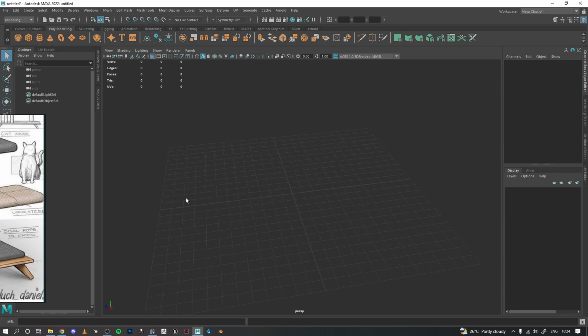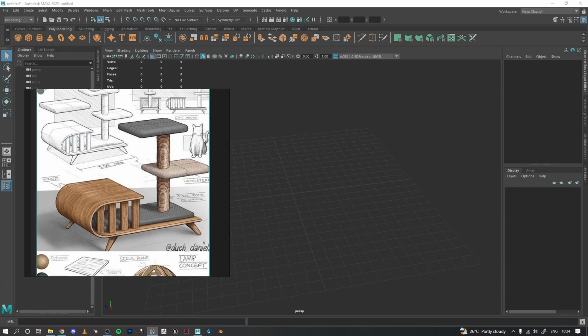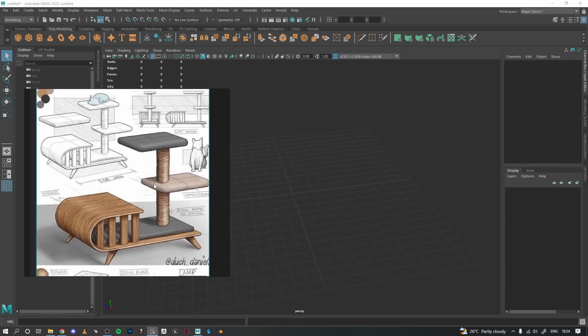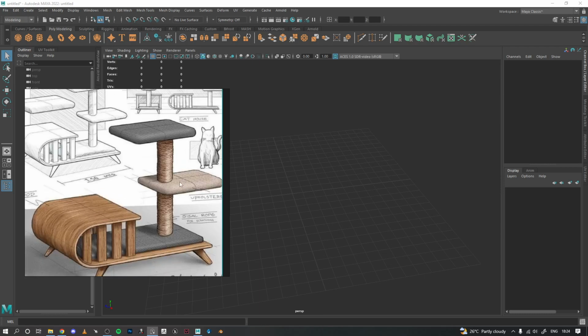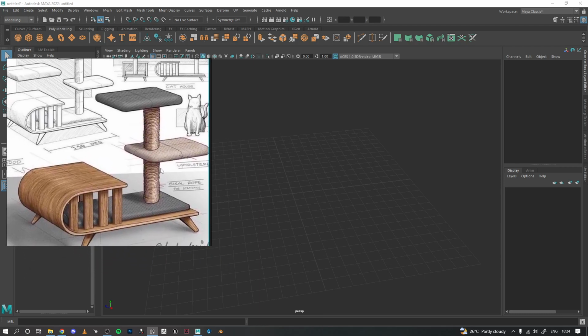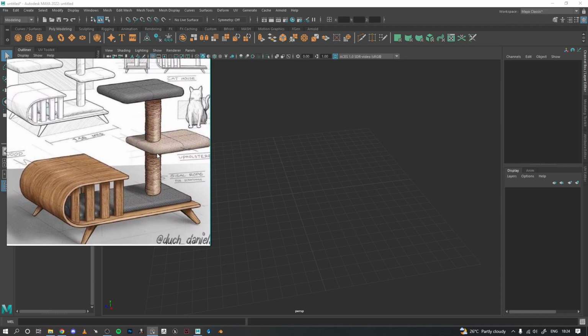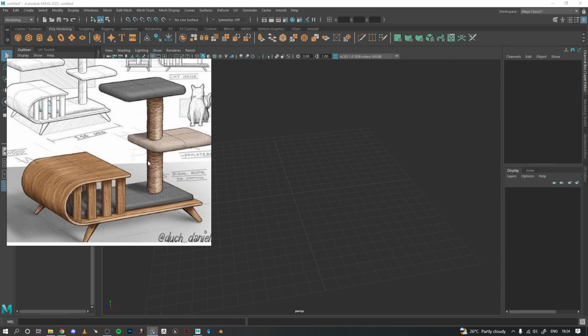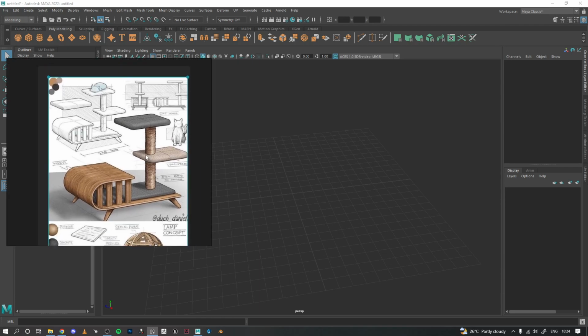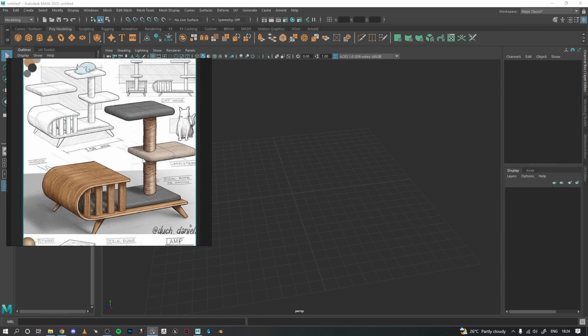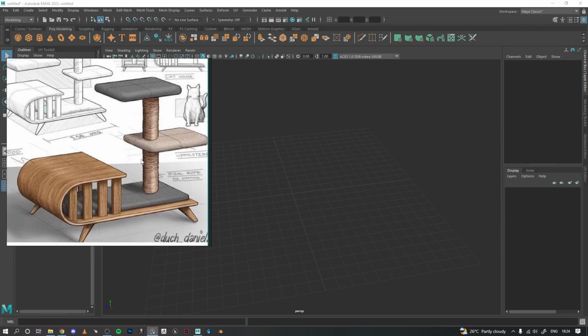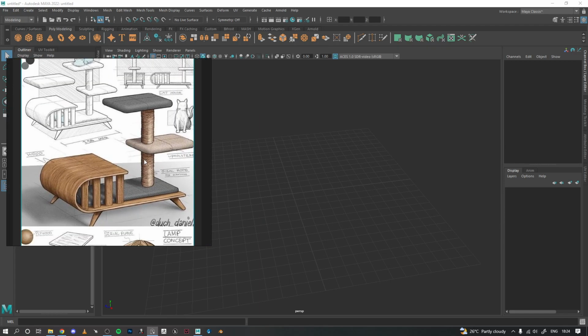So hello everyone. Today I will be showing a simple model you can make in Maya. This is a simple model, so just take it as a tutorial. I have this image that I have taken from Pinterest, and I will be showing you how you can go ahead with this model